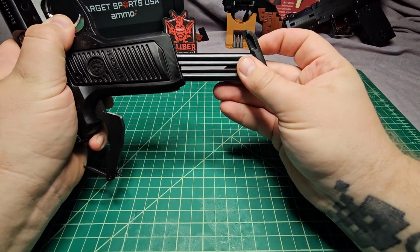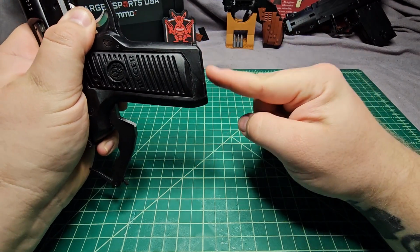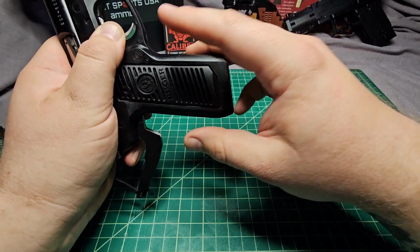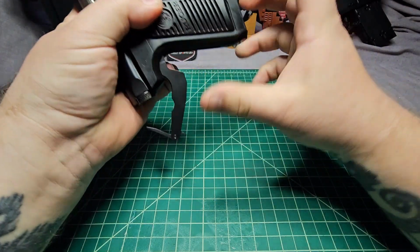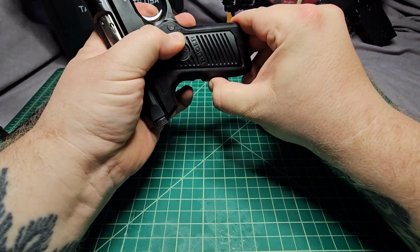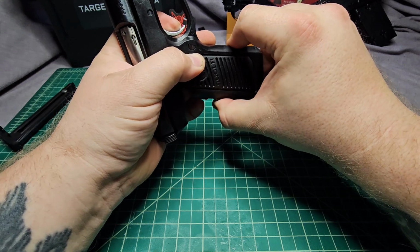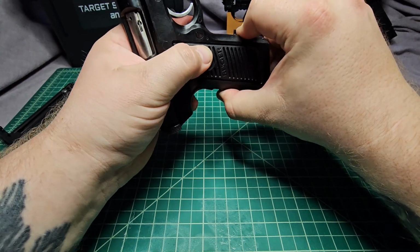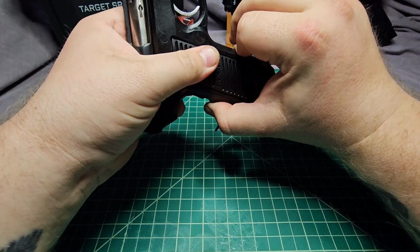So we're going to load the magazine in like so. Make sure you get that nice click in there. Now we're going to hold down the trigger. Okay. We're going to take this lever, going to put it all the way in as far as we can. Okay. I'm going to push the lever in, release the trigger, eject the magazine like that,